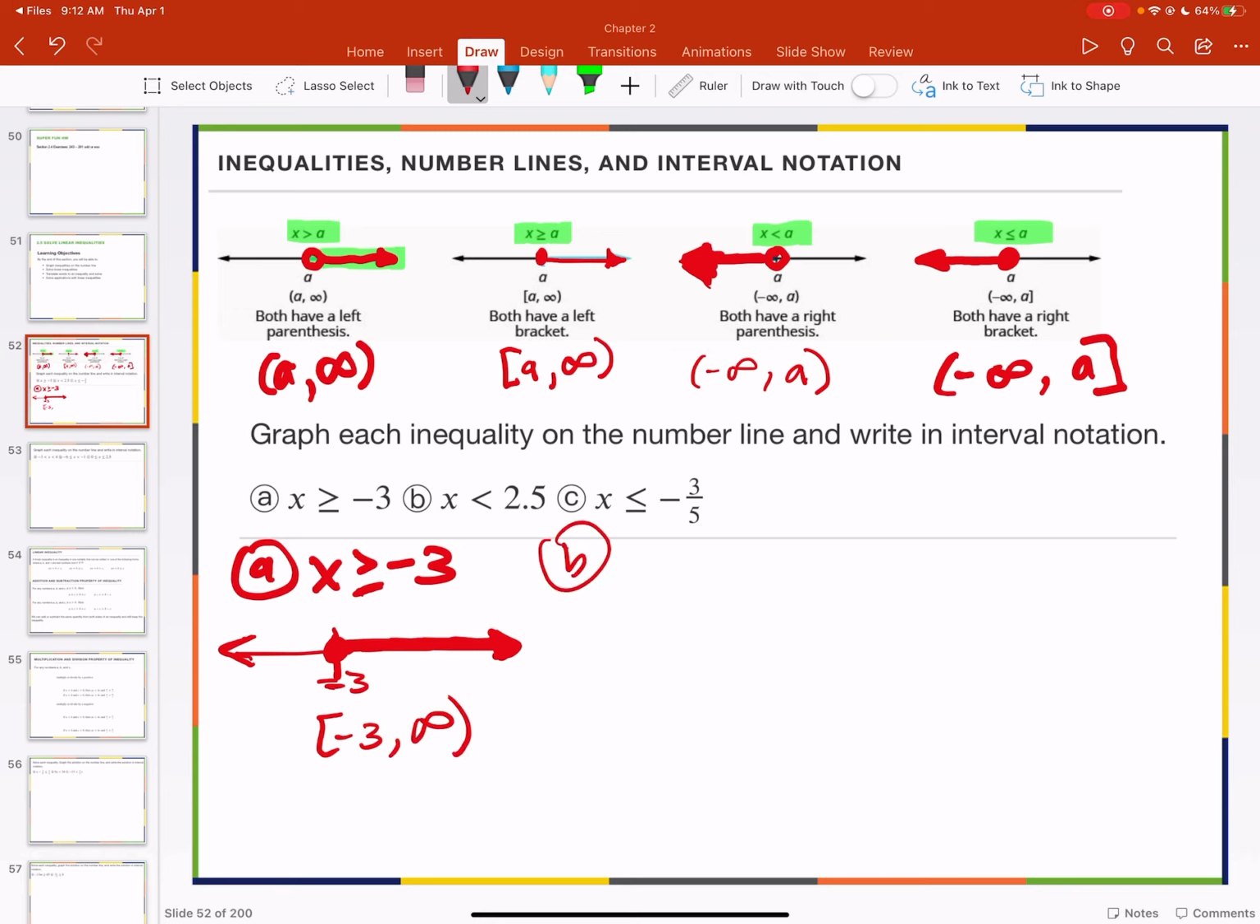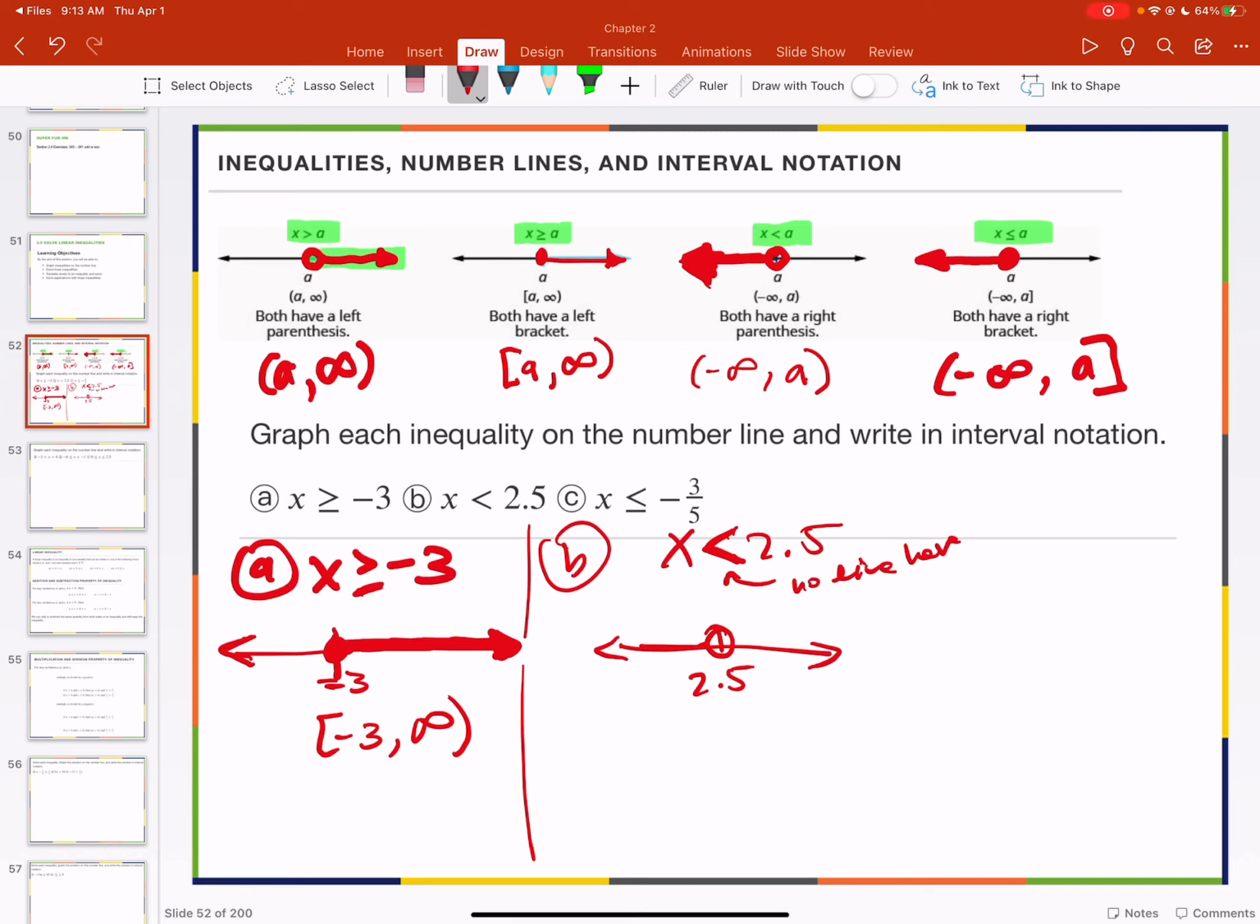Okay, so for B, we have x less than 2.5. So here's your number line, and then 2.5 would be here. There's no equal sign, right? It's just a strict inequality. There's no line here. So that just means open circle and to the left. That's an arrow here. So for C, we have x less than or equal to